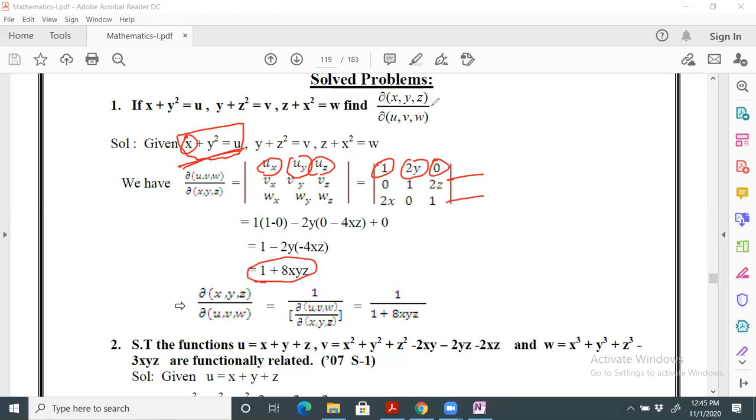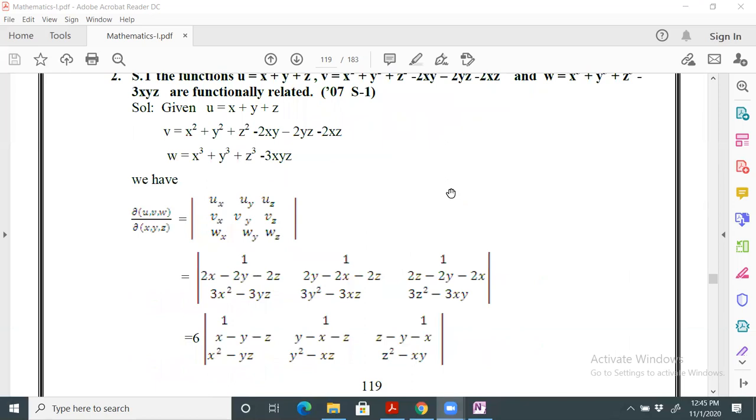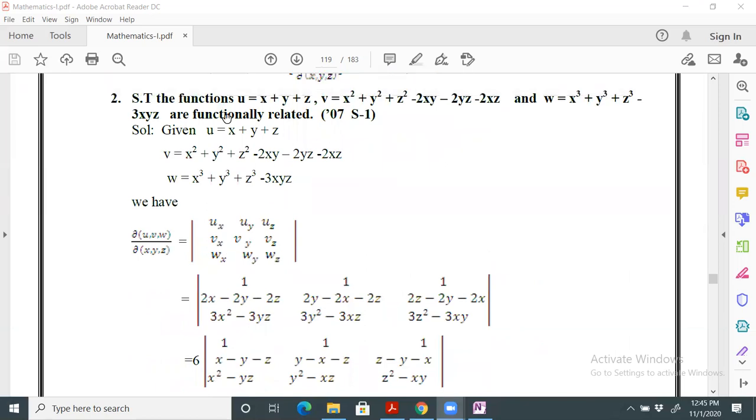So substitute it in our formula that we mentioned. So what is that? Jacobian of xyz with respect to uv is equal to 1 by Jacobian of uv with respect to xyz, which is equal to 1 by 1 plus 8xyz. That's the thing. Now, if we observe one more problem, what they are saying is, show that the function u